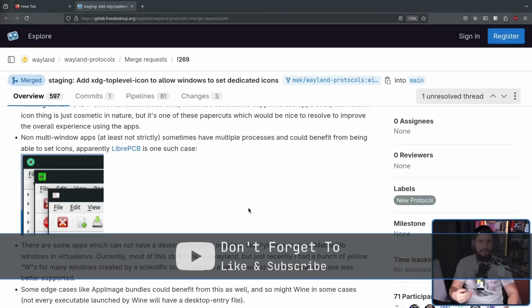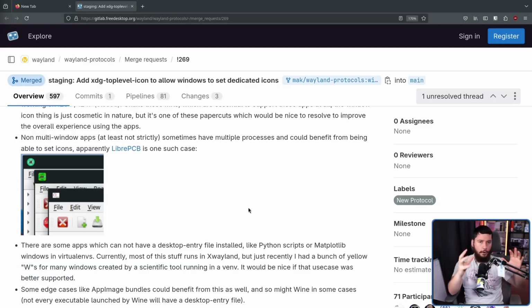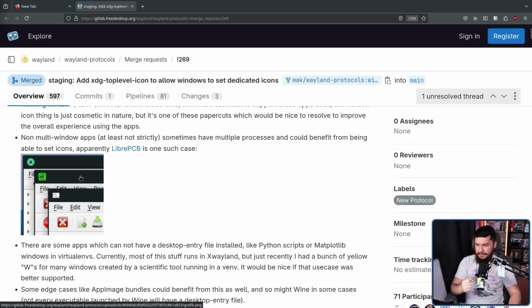And in some applications, when you have a settings window, the settings window is going to have a different icon from the main window of the application itself. Now, when you cannot load these icons, what you're going to see is all of these sub-windows have the same icon as the main window. This isn't a major deal, right? Like, you can use the application like this, but in the case of LibrePCB here, it provides additional context on